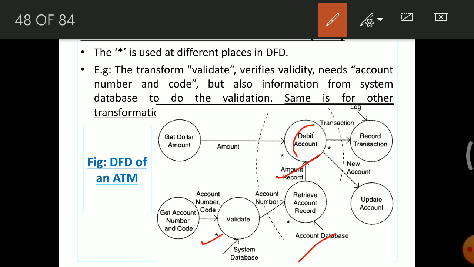Now this debit account module requires two different pieces of information: the amount to be withdrawn and the details of the amount record, means whether the amount is available in the account, which should be verified through this particular module, and how much amount has to be withdrawn, which will be taken from this module, get dollar amount. So again multiple values are required, so the star is used. So the debit account module requires these two pieces of information.